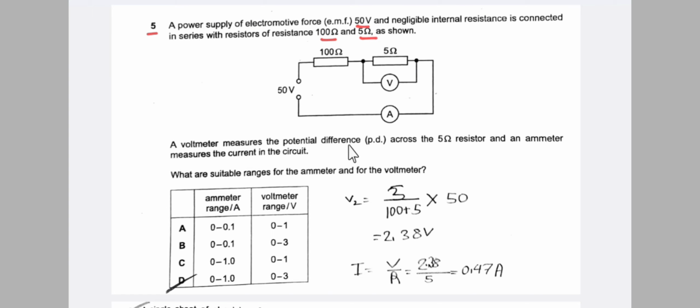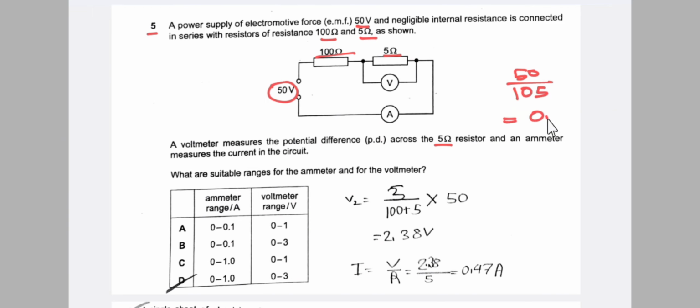A voltmeter measures the potential difference across the 5 ohm resistor and the ammeter measures the current in the circuit. What is the suitable range for ammeter and voltmeter? As they are connected in series, the ammeter reading is the total voltage divided by total resistance, that is 100 plus 5 ohm. We know that current is equal to voltage by resistance. So the total voltage, that is 50 volt, by total resistance, that is 105 ohm, we get an answer that